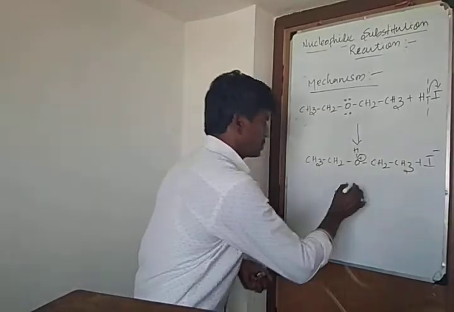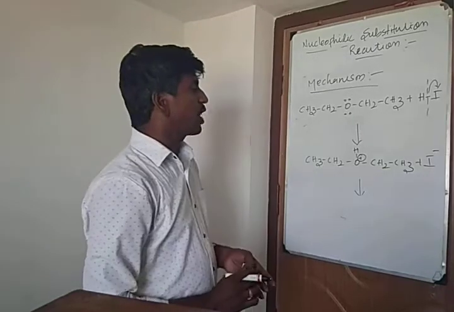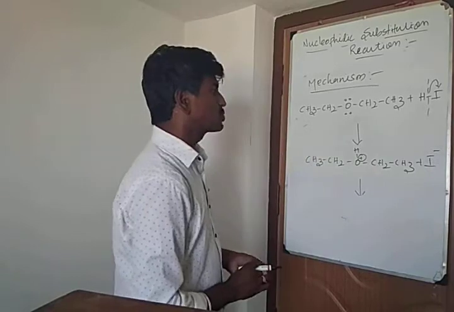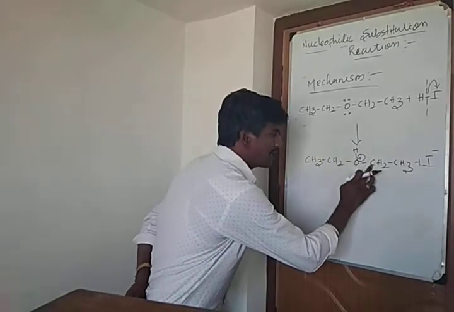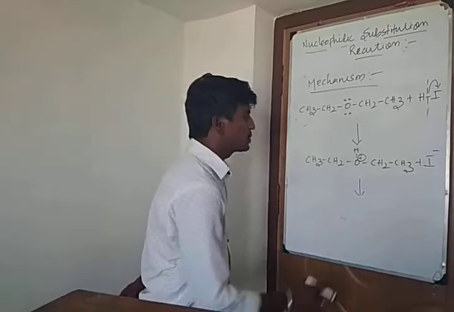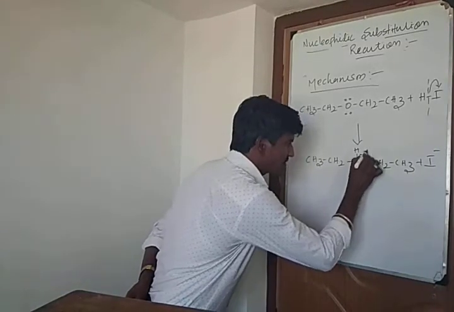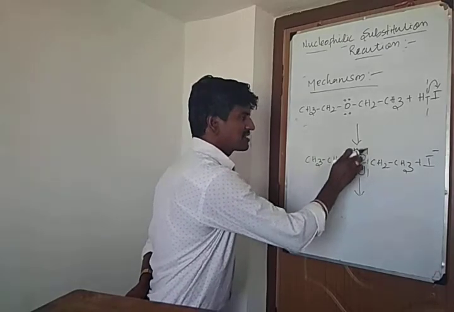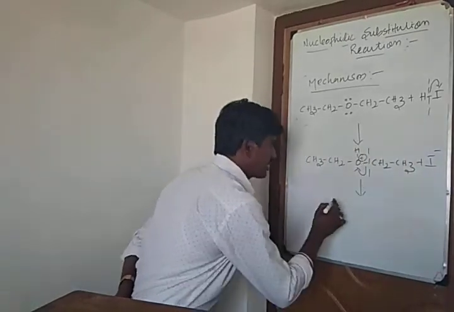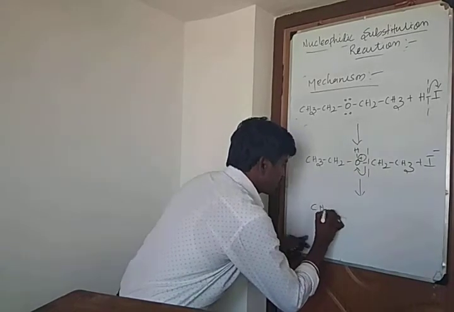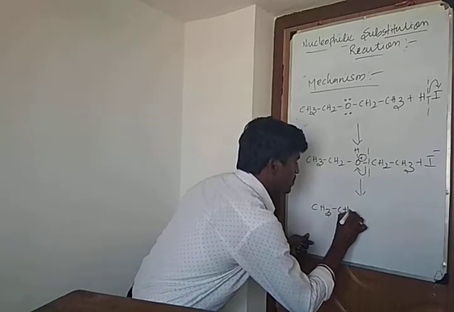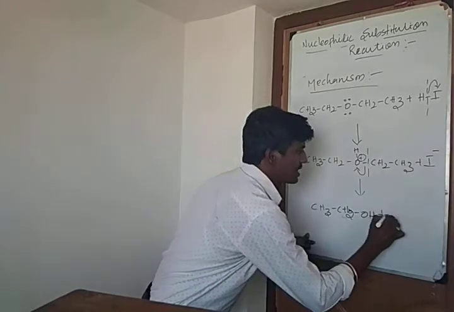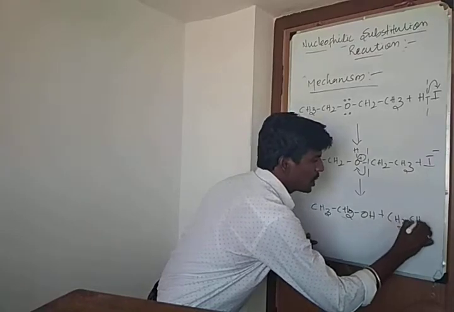Next, step 2. This oxonium ion is involved in a chemical reaction with I minus. I minus is a good nucleophile. It gives the product to us. Compare carbon and oxygen. Which one is more electronegative? Oxygen. So oxygen takes 1 pair of electrons. Here the bond breaks. Now gain of electron minus, already plus, plus minus, it becomes neutral. Okay, you can get CH3, CH2, OH. Here what's the charge of the carbon atom? Plus. I minus, you can get CH3, CH2, I.